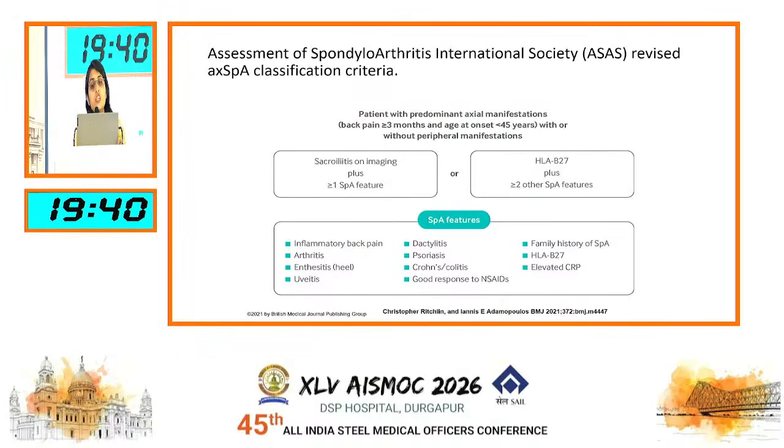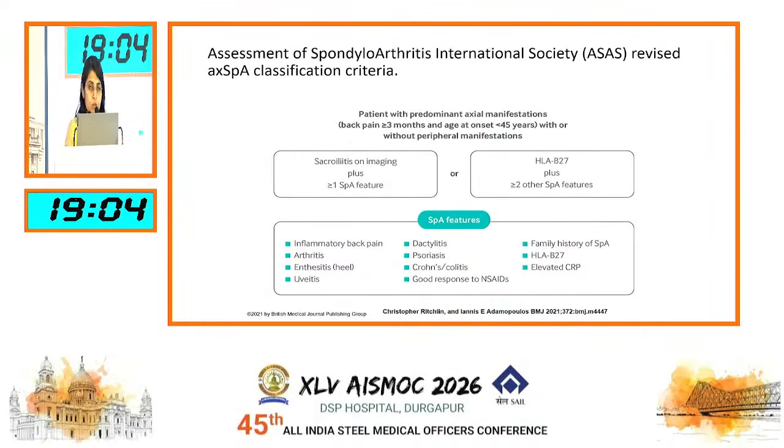So to properly diagnose a patient with axial spondyloarthropathy, the back pain has to last more than 3 months and the age at onset has to be less than 45 years. With or without peripheral manifestation, the patient has to have an inflammatory back pain. With this background, if there is a sacroiliitis on imaging, be it X-ray or MRI, plus at least one other SpA feature, or HLA-B27 positive plus 2 or more SpA features, then only we can say the patient has spondyloarthropathy. The SpA features as shown in the box below: inflammatory back pain, arthritis, enthesitis, uveitis, dactylitis, psoriasis, Crohn's,